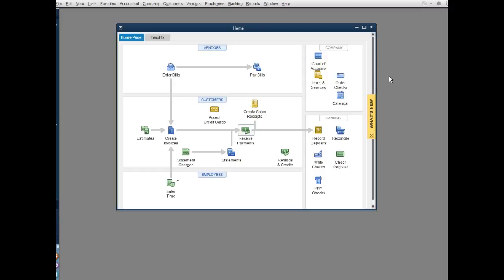Okay. So the next thing we'll talk about is the sales transaction. And again, you use create invoices if you're going to charge the customer for the services. And then after, you have to receive the payment, so create invoices to set up the accounts receivable, receive payment when the customer pays. If you're going to do a cash sale, you can just go immediately to record deposits or create sales receipts when it's a cash payment from a customer for immediate payment. So let's go to create invoices, which you've done,